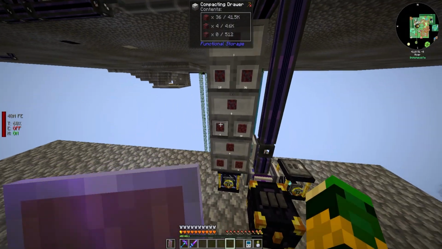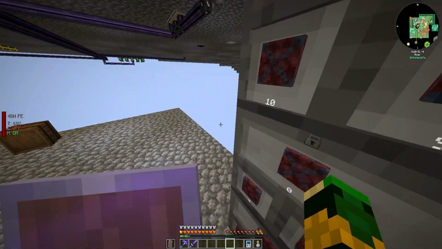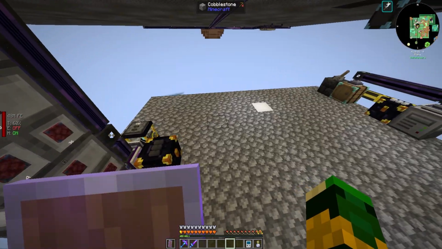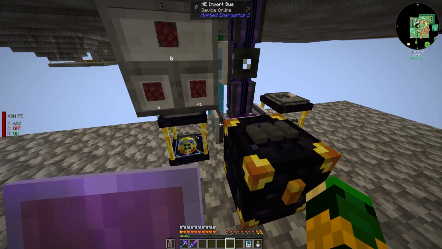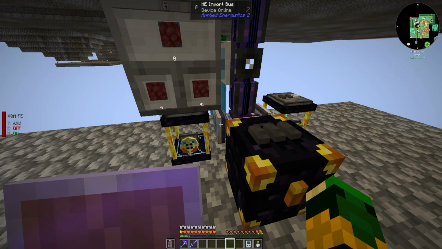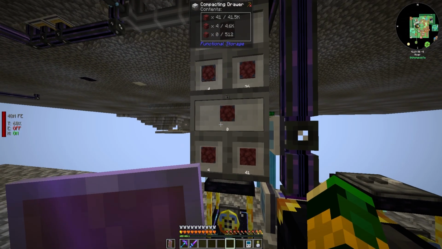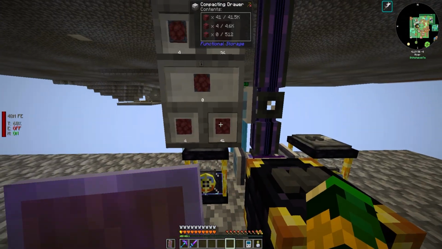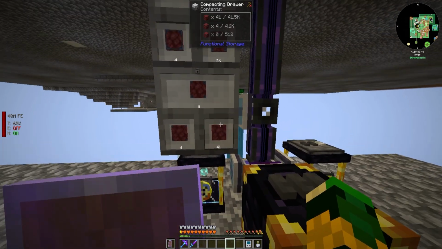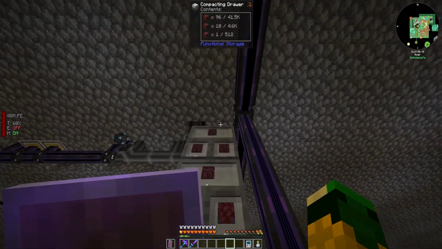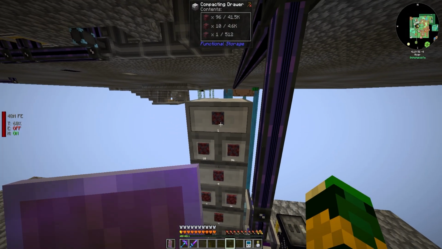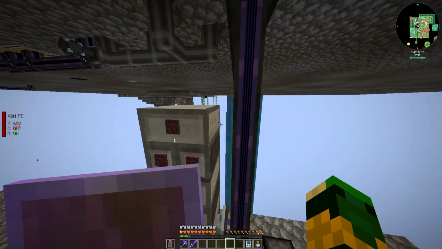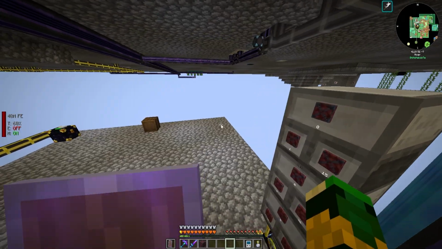I found this to be faster than using the AE2 crafter, because the AE2 crafter not only has to craft all of the components that you need to get to that top level, but then it also has to do all the crafting for that tier all the way up as it goes to the top. And that was taking days to do. And this is going a lot faster. So let me pull that one out of there.